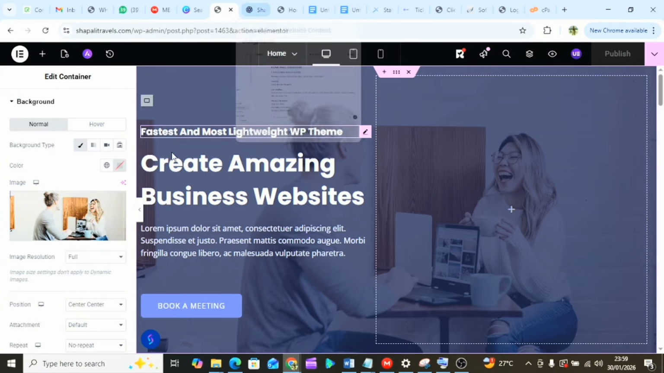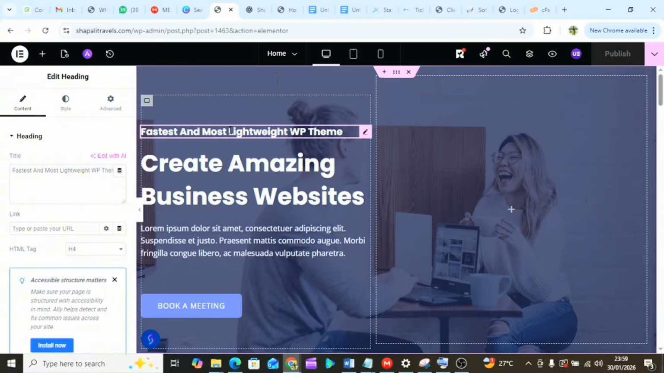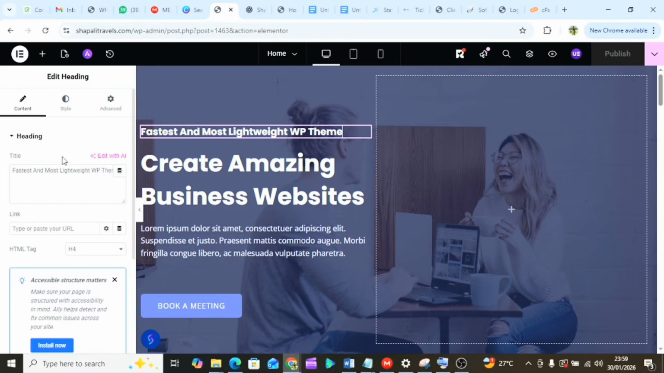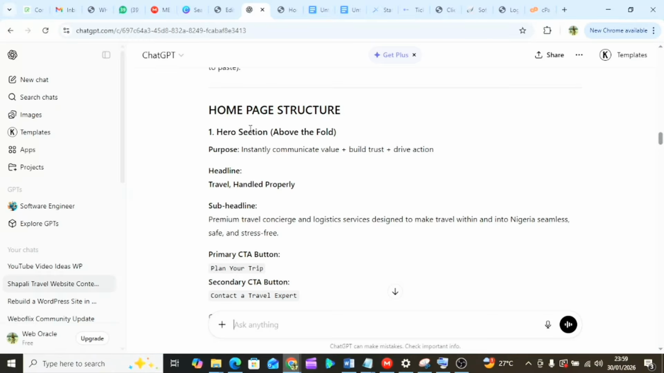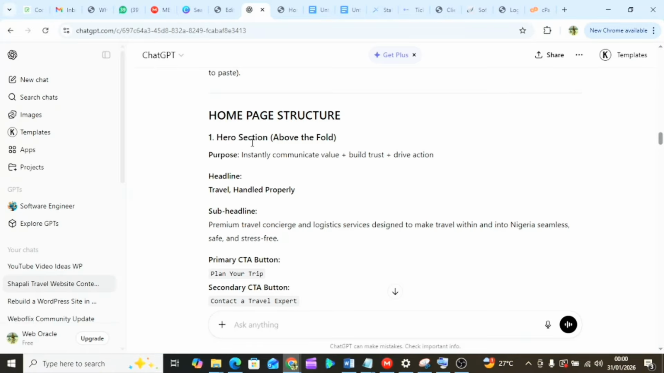So just come to this fastest, and I'll just click on it. Once you're editing with Elementor like this, any text or any content on the right hand side, once you click on it, it brings up an editor on the left hand side here for you to edit. So I'll just go to where I have my content and copy. The purpose of this place should instantly communicate value, build trust, and drive action immediately. So my headline should be something like